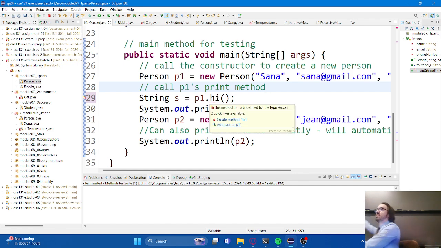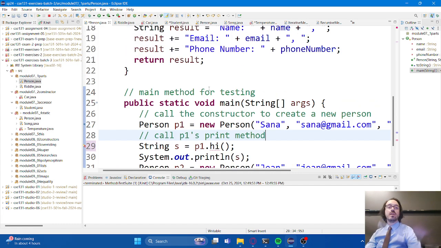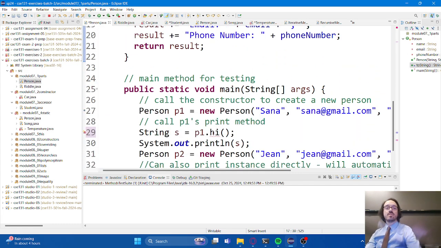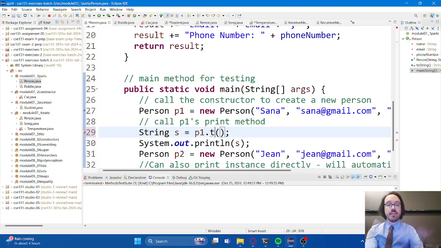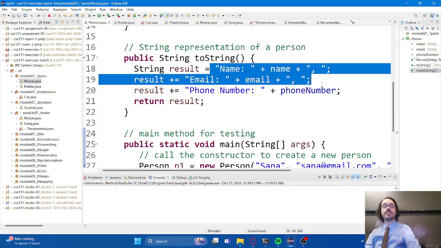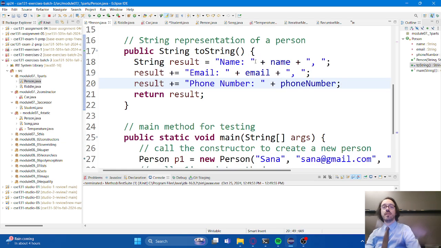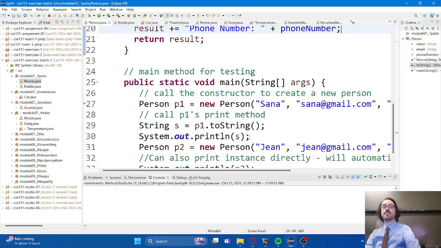There's no method in the Person class called hi. You can't do that. So we're going to call the toString method here. It's going to create a string like this by stitching together all of the values and then print out that string on the very next line.